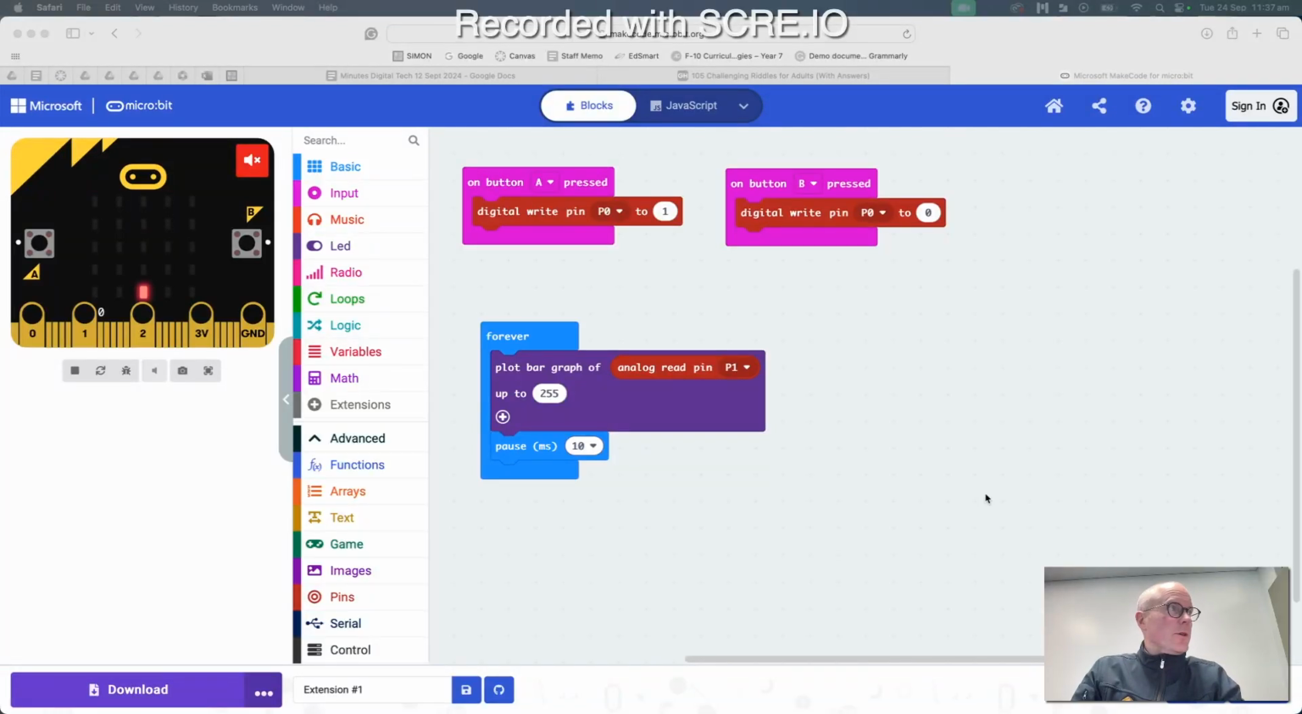Okay, this code should look pretty familiar to you. This is the code that you would have needed to have created to complete the upper consolidating task. So right now you should be at the first of the extension tasks where it's asking you to modify your